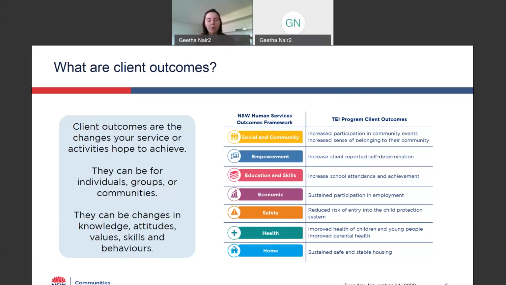So in the TEI program, there are 9 high-level outcomes that the entire program is working towards. You can see on the screen on the right-hand side of the table, we've got things like increased client-reported self-determination, sustained participation in employment, etc. And we have mapped these outcomes to the New South Wales Human Services Outcomes Framework. You can see there are 7 different domains there that include things like safety, healthy, home, and these are the outcomes that the TEI program as a whole aims to achieve for children, young people, families, and communities in